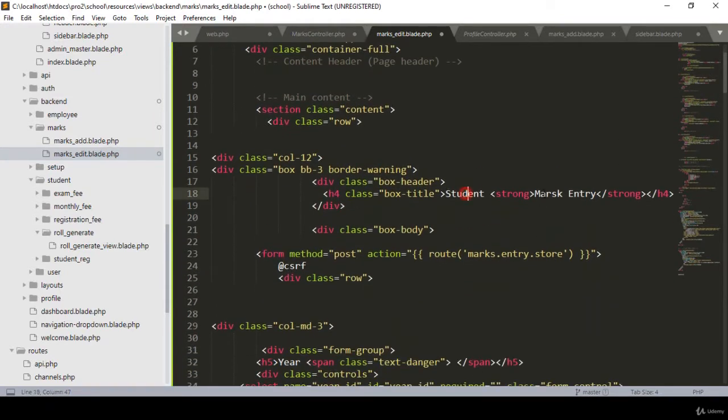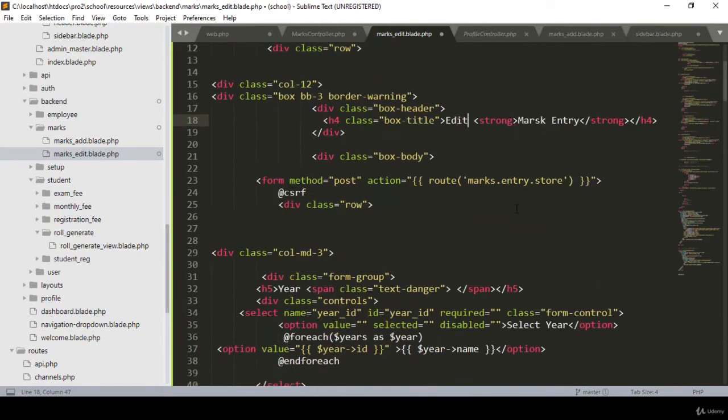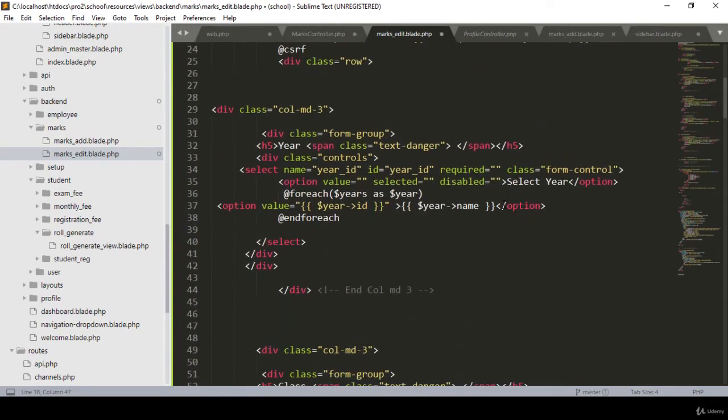Actually there is a student mark entry. So now I want to change it as an edit. Okay, I make it an edit mark entry. So this type of name I want to use, and everything will be just the same,